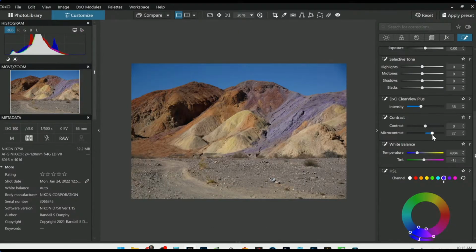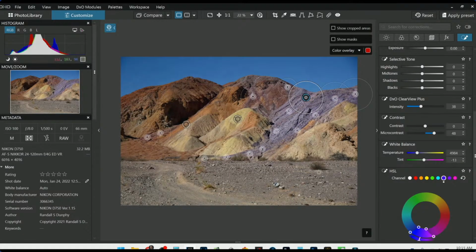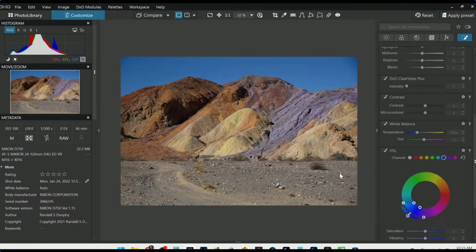And some micro contrast. So again, I am exaggerating this quite a bit, but that's what you wanted, right, Randy? Okay, that looks good. So there's little spots of greenish in here,